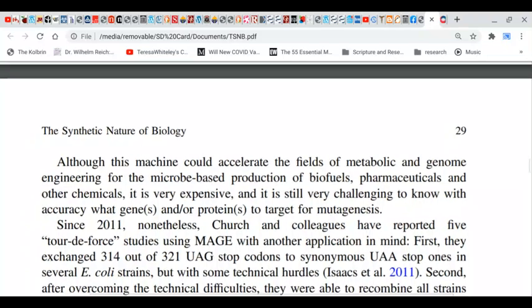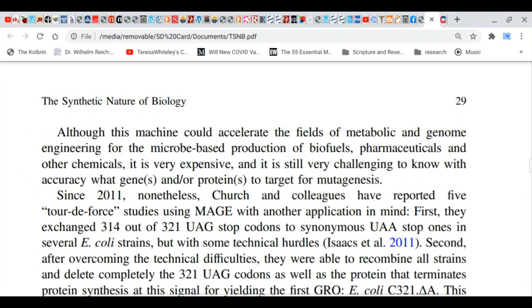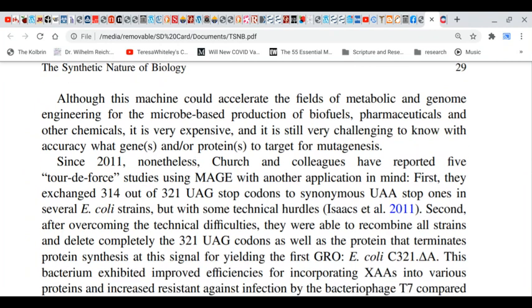Although this machine could accelerate the field of metabolic and genome engineering for the microbe-based production of biofuels, pharmaceuticals, and other chemicals, it's very expensive and very challenging to know with accuracy what genes and or proteins to target for mutagenesis. Since 2011, nonetheless, Church and colleagues have reported 5 tour de force studies using MAGE with another application in mind. First, they exchanged 314